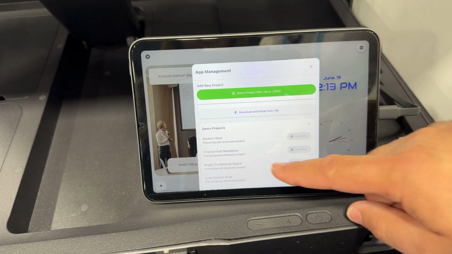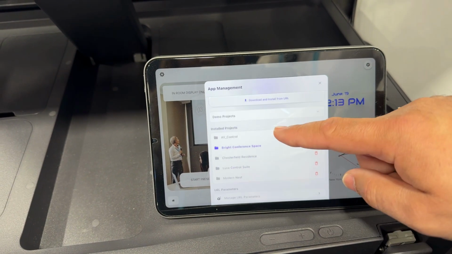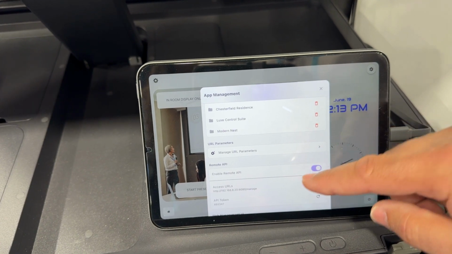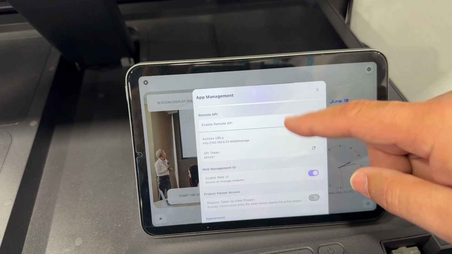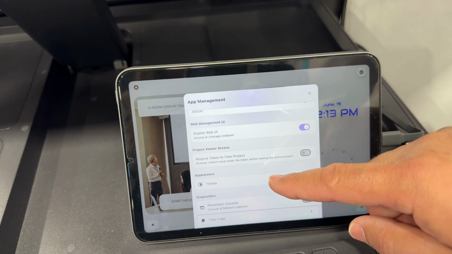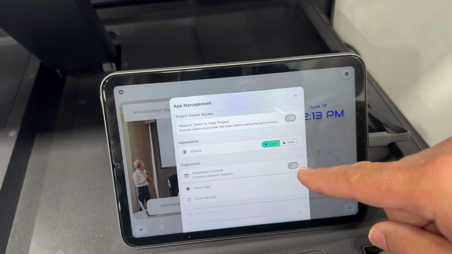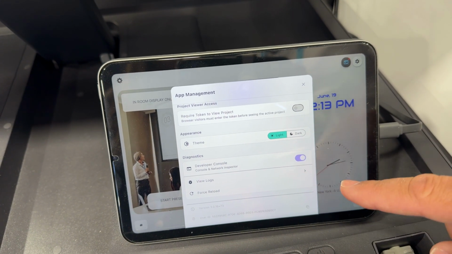So you have a couple of demo projects available for you. So you can switch between the projects. You can set up some parameters, I'm going to show you a little bit later. So you can enable or disable a remote API if you would like to control this device remotely. Also, you can switch between the teams, and also very important for all integrators, there is the debug console, because it doesn't